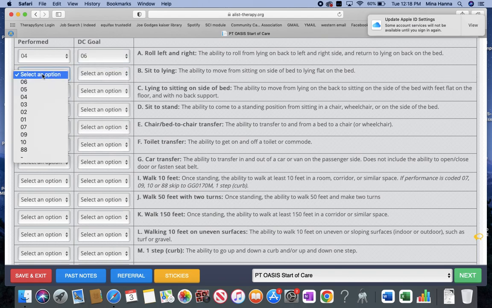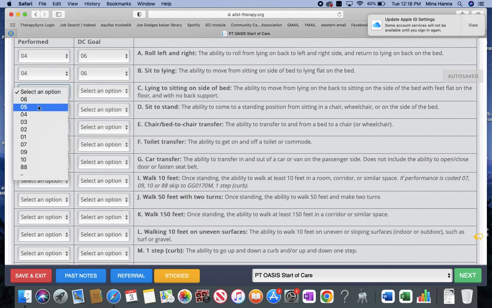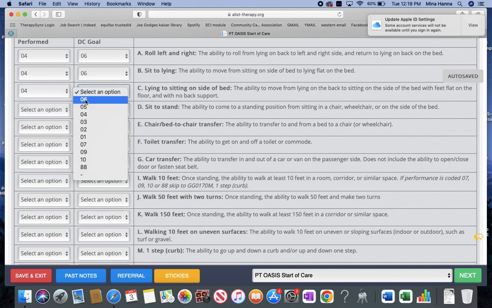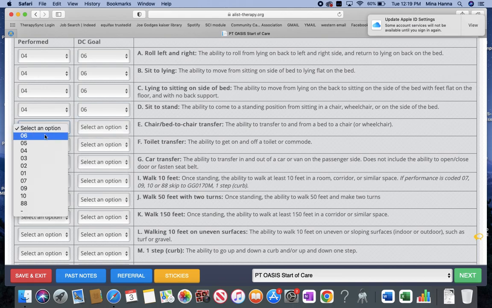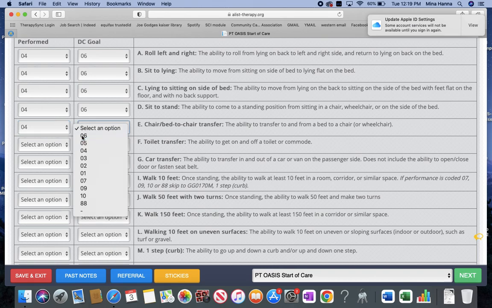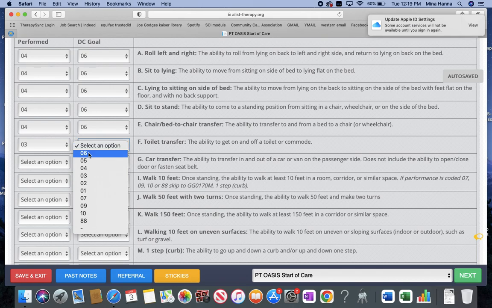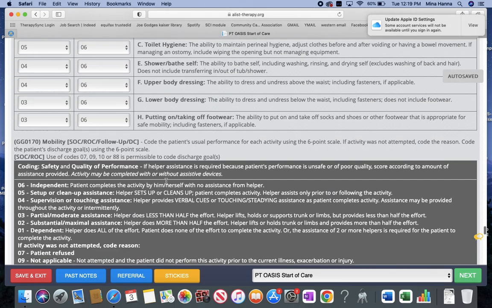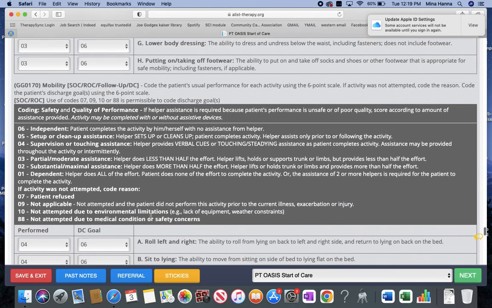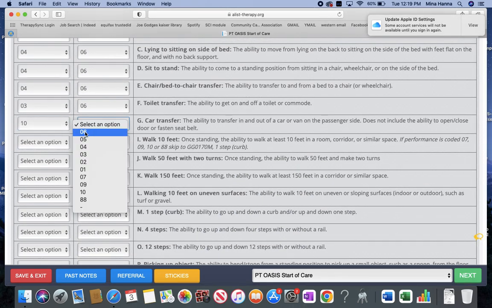Now, I would advise you guys, be very careful with using anything higher than a 4 on this scale, because then the patient will not get the visits that you want them to get, because they're going to think the person is very independent. So again, you're better off going something like, let's put a 3 or a 4 or something like that. And if it's not tested, I can just put, not tested, because I think 10, not attempted due to environment. You know, it was raining today. I didn't do a car transfer, so